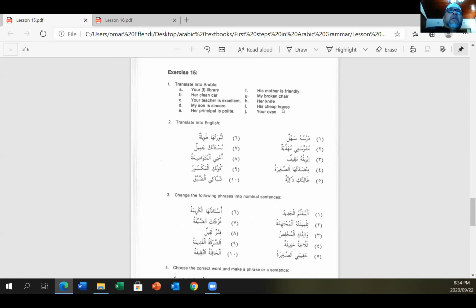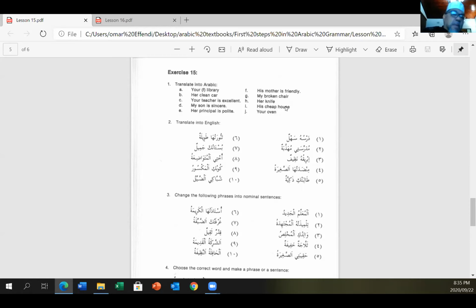Baitur Rakhisu, right? You see, because this will take al, and remember we said, when you add the attached pronoun to the noun, it becomes definite automatically. Now, the reason why we're attaching cheap to house is because house